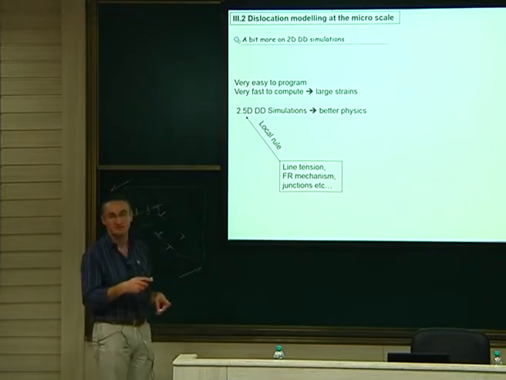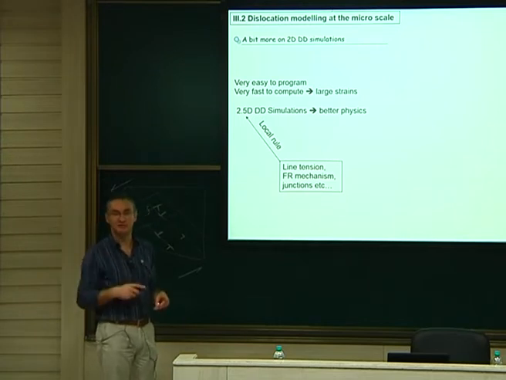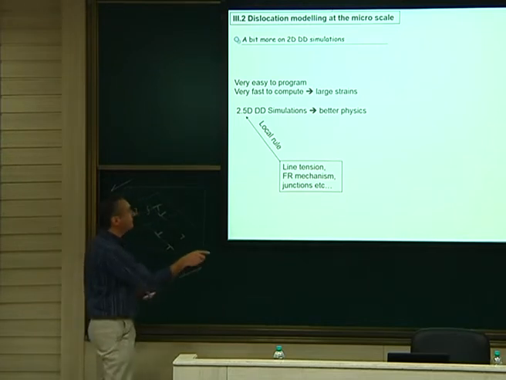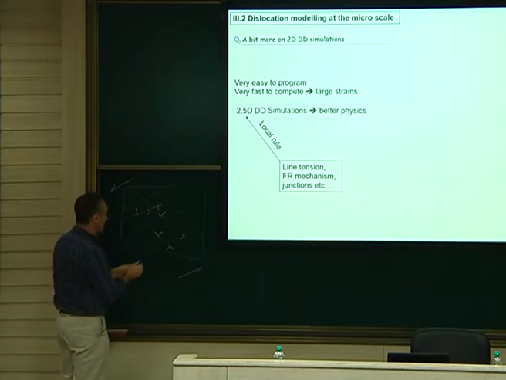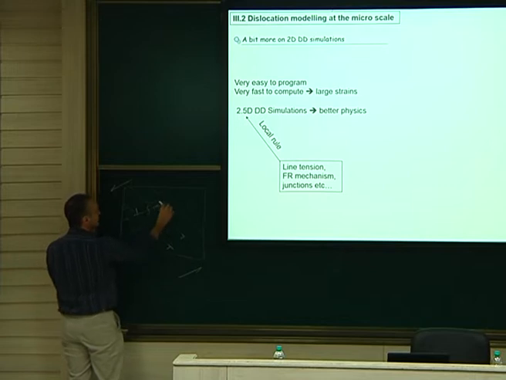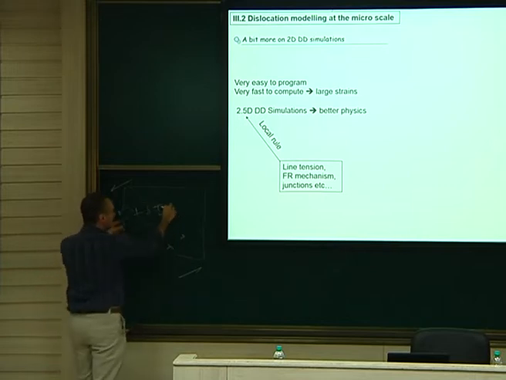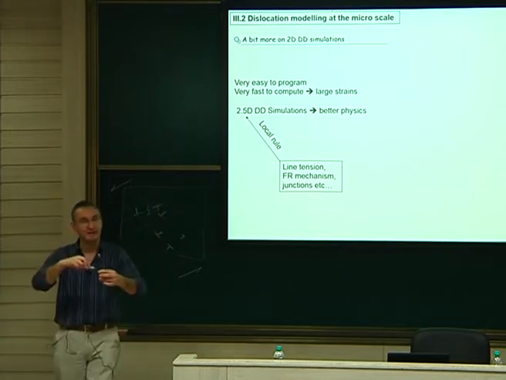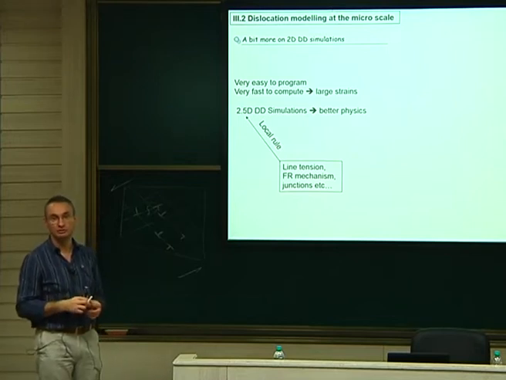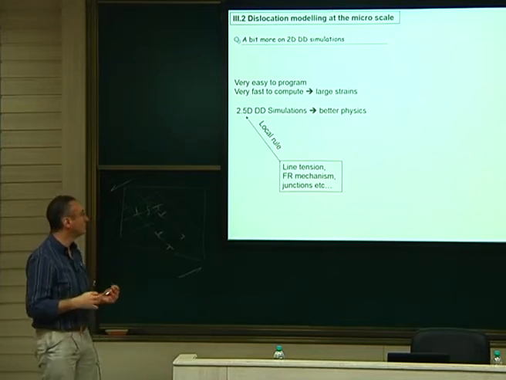And this extra stress has been fitted out of some tensile experiments, typically. Then the same for the line tension. I say, okay, this is not like that. In reality, this is a loop, like this, in the sample. So there is a line tension back, so I will put some back force on my dislocation to mimic the line tension that I do not have in my 2D code. So they put that also in the code.